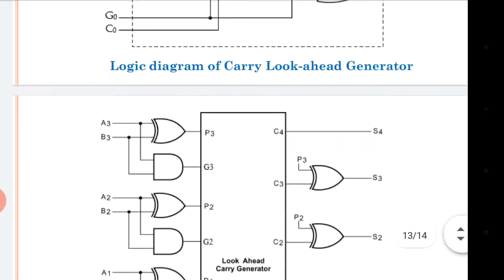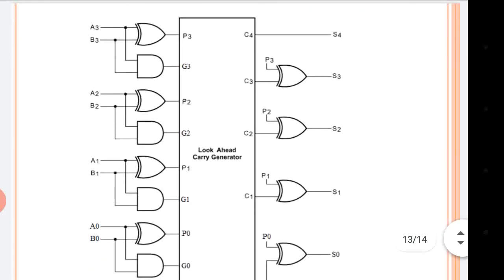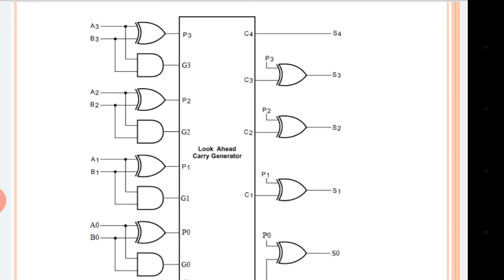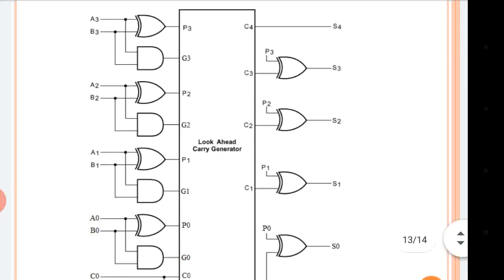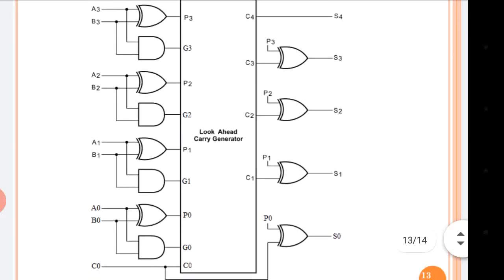the diagram inside the dotted line is nothing but the diagram inside this look ahead carry adder block. A0 to A3 and B0 to B3 are available, then all the carry propagate and generate will be generated after 1 gate delay, and then all the carry outputs are generated. Some outputs are generated after 1 more gate delay after the carry, as shown in this diagram, because some depend on the carry generated. And this is how the look ahead carry generator will overcome the disadvantage of the 4-bit parallel adder.